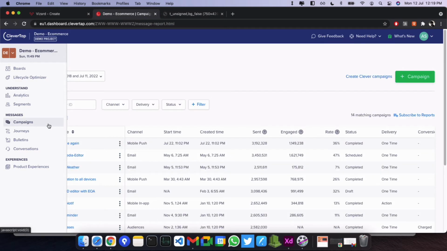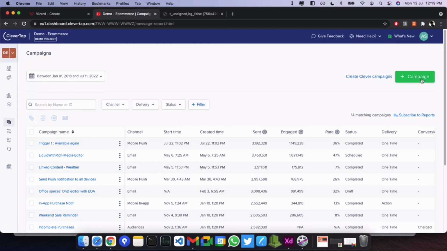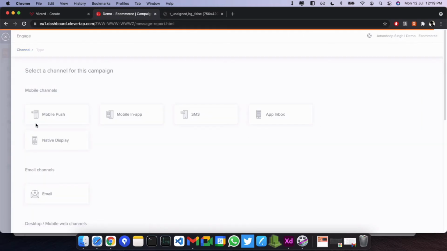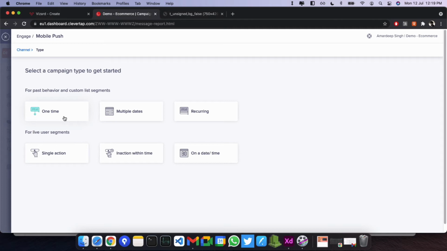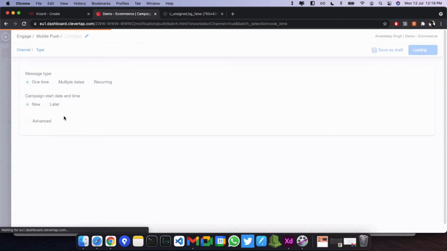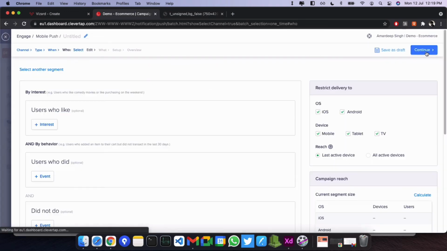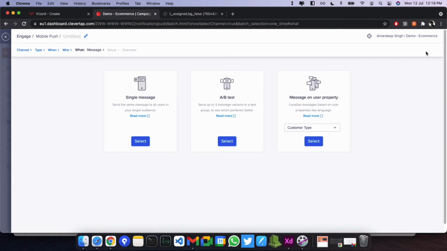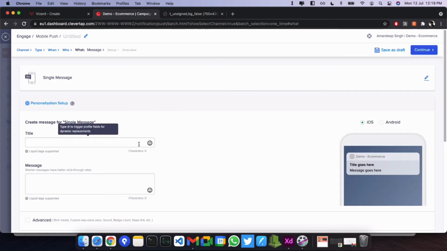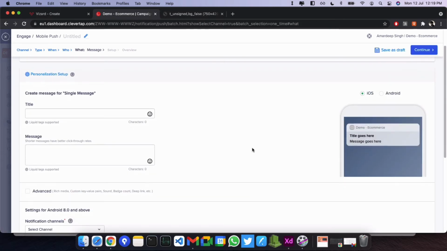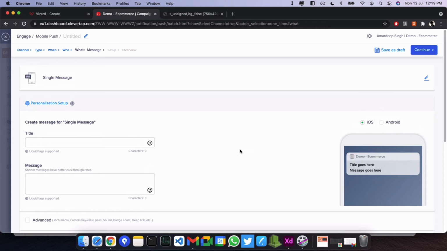While we are in CleverTap, we'll start our campaign like we usually do. We'll choose push, mobile, one time. You can choose any of the options that you want. Now this is a screen where we are going to compose our message.